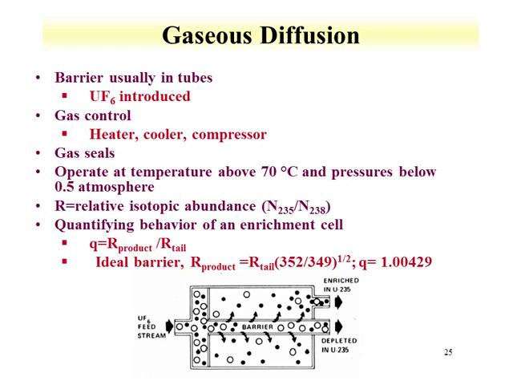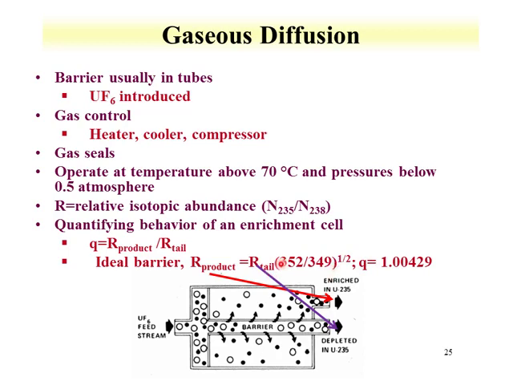You can quantify the behavior of an enrichment cell by this factor, being the R of the product and the R of the tail, where R is the relative isotopic abundance, the number of 235 atoms divided by the number of 238 atoms. From an ideal barrier, we would have something where the product and the tail differ. So this would be the tail, what makes it through the diffusion barrier, and the product, what comes out on the other side. The R of the product would be equal to the R of the tail